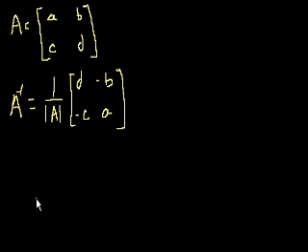So my question to you is, what will make this entire expression undefined? Well, it doesn't matter what numbers I have. If I have numbers here that make A defined, then I can obviously swap them or make them negative, and it won't change this part of the expression. But what would create a problem is if we attempted to divide by 0 here, if the determinant of the matrix A were 0. So A inverse is undefined,